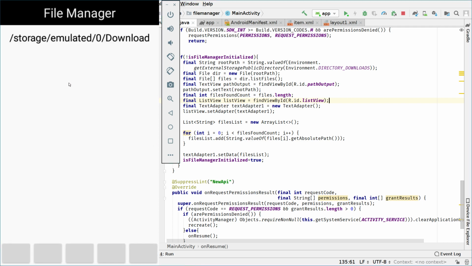And as you can see right now, we can see that we have storage emulated 0 and download. Okay, this is the path we're working in, and we don't have files just because I don't have files in